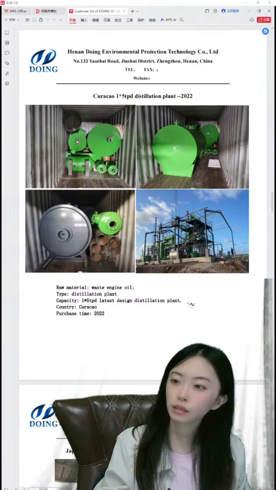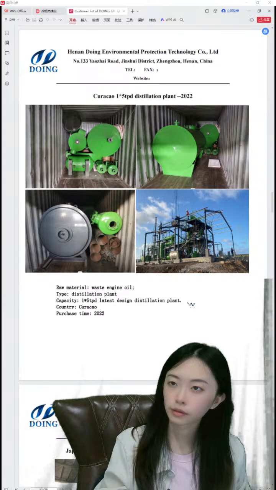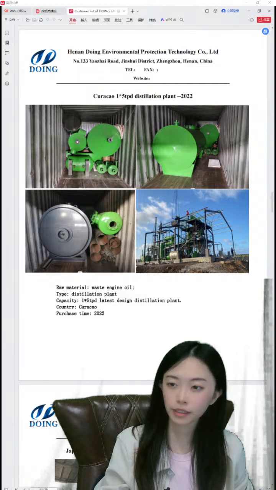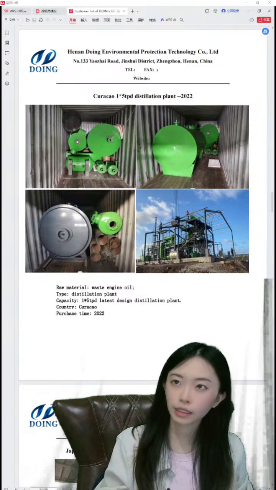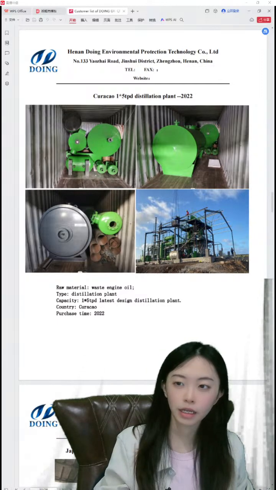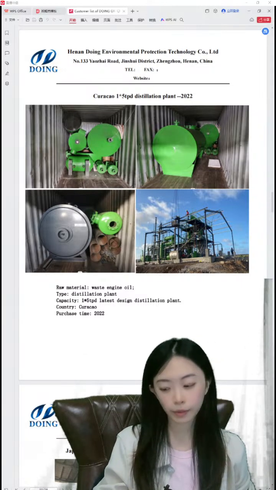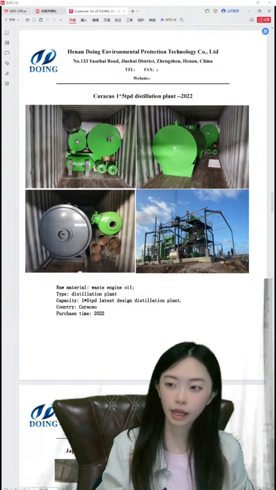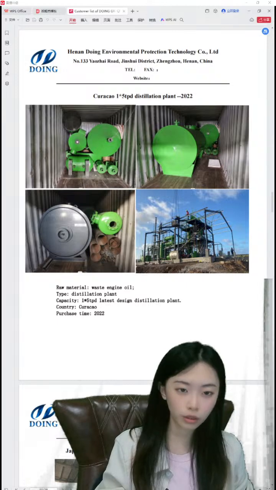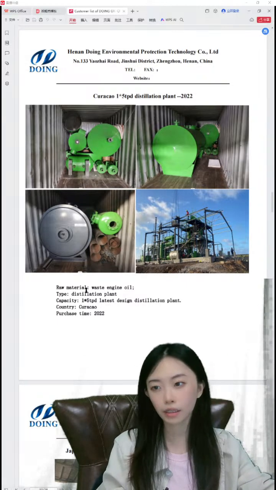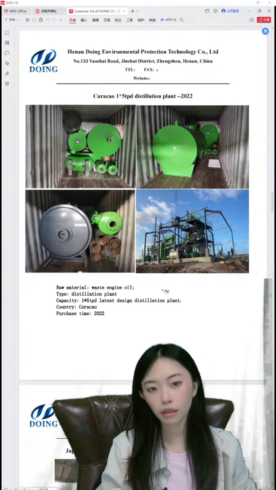This is a customer in Croatia. They are building an installation in the event. It shows the distillation plant, which is a bit different from the pyrolysis plant. The raw material of the distillation plant is fuel oil or waste engine oil. You can see that the waste engine oil or other waste oil